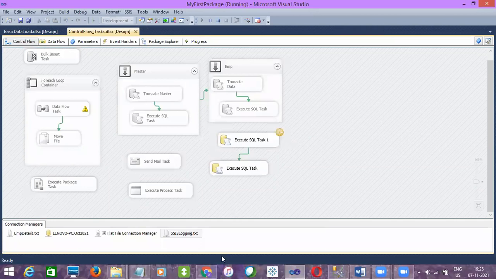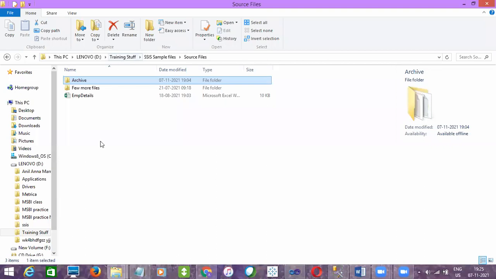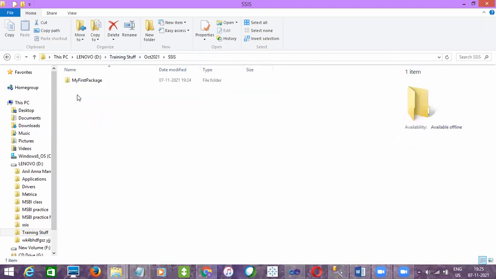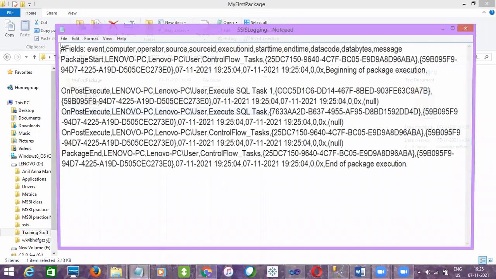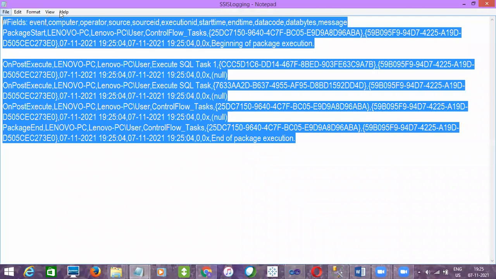It executed, and if I go to that particular folder, I can see the logs, SSIS my first package, and here you can see the logging information. The log file has been loaded with data after execution of the package.